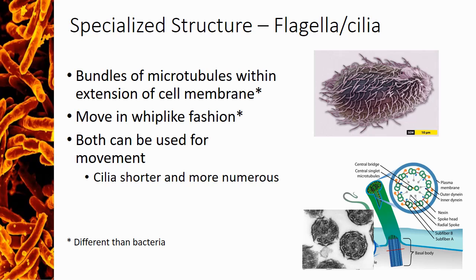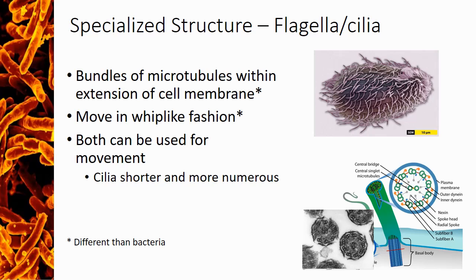There are specialized structures in eukaryotic cells, just like there were in prokaryotic cells. These are not found in all eukaryotes, but only in certain species. Eukaryotic flagella and cilia are similar structures, with both used for movement of the organisms. Cilia are shorter and more numerous than flagella. Remember that prokaryotic flagella rotated like a boat propeller, while eukaryotic flagella will move side to side in a whip-like